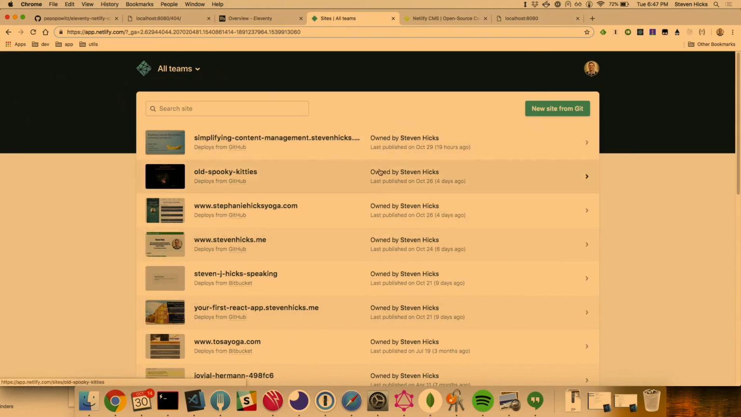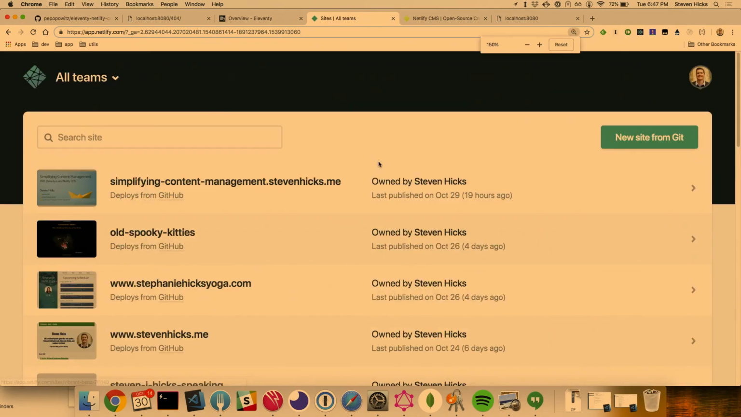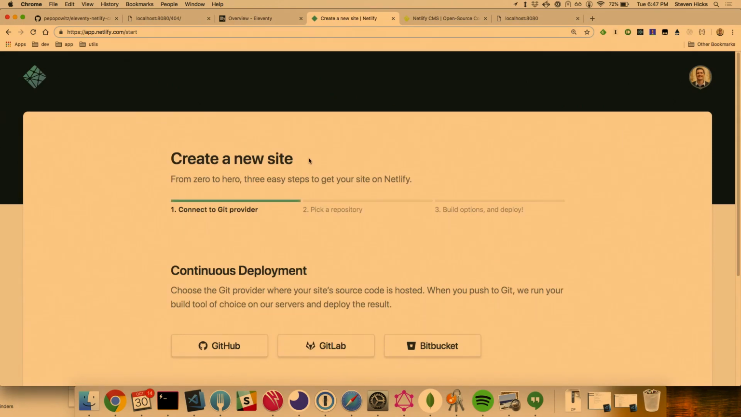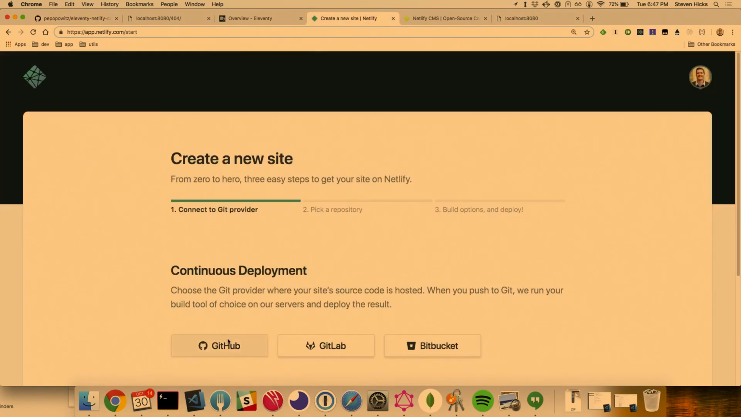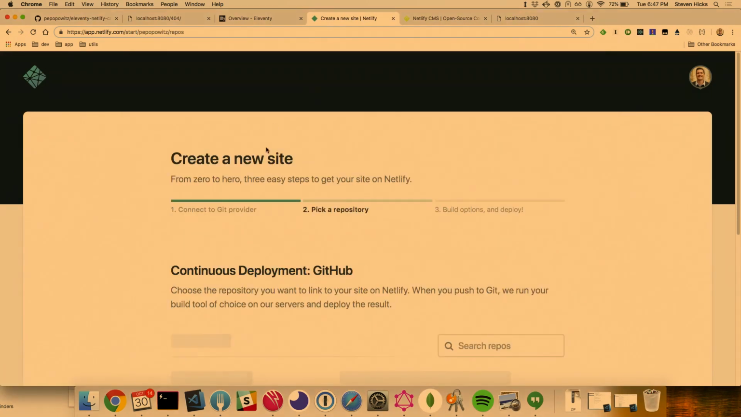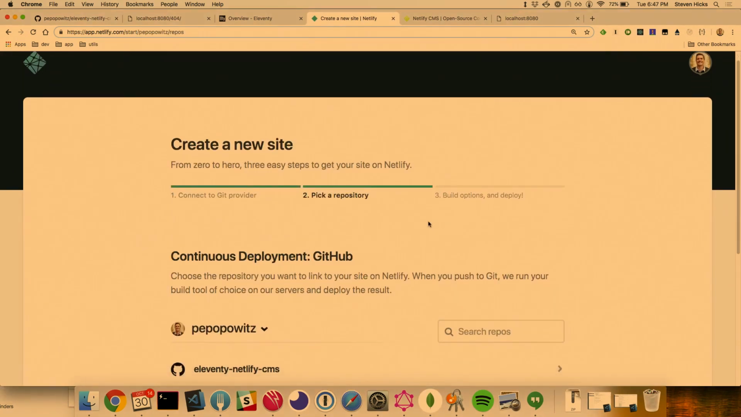And I've got all my sites listed here. Zoom in a little bit. We're going to build a new one. We're going to add a new one. So we're going to say new site from Git, and we're going to connect to a Git provider. I'm going to choose GitHub, because that's where my repository is. And it's going to authorize me through GitHub's